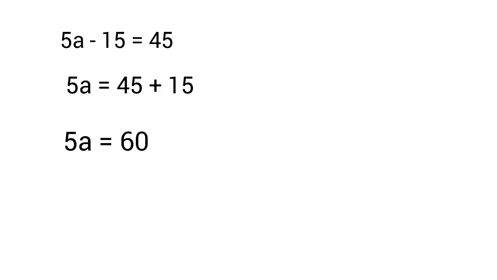And then you use the method I taught you before. Once you are moving, the sign changes. 5a will now be equal to 45 plus 15, and 5a is equal to 60. Then the coefficient of a is 5. So you divide all through by 5. 60 divided by 5 is 12. So the value of a